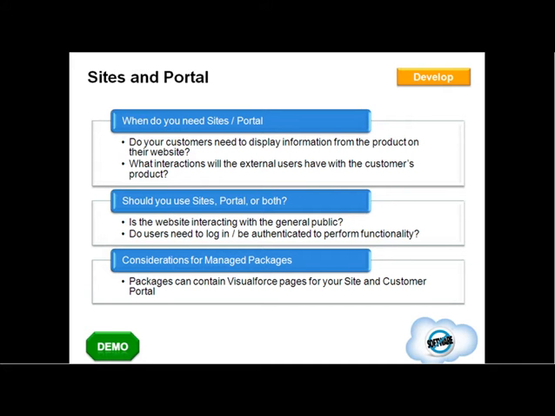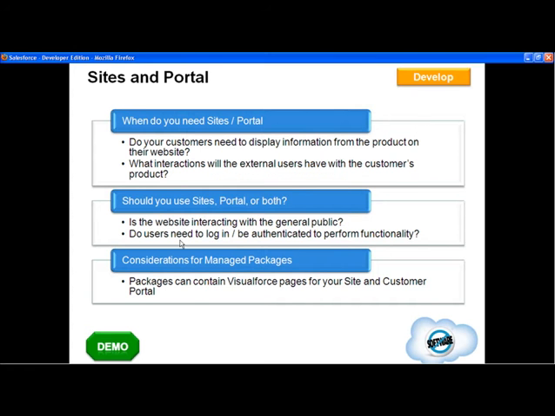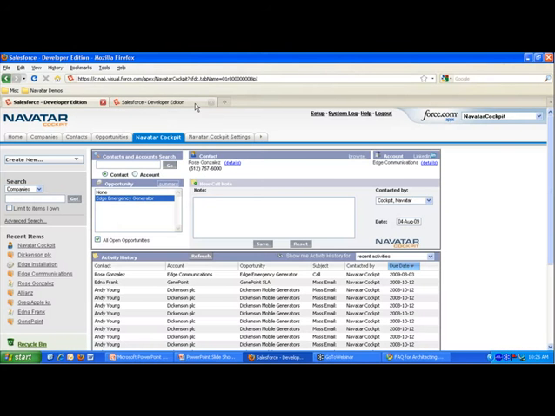Now, all of these behind the scenes for sites, the pages are being built using Visualforce, and the fact that you can package Visualforce pages as part of your product means that you can actually create a commercial app with Visualforce pages embedded, which you can then package, and your customers can use them to create their own sites and customer portal interfaces also. So to give you an illustration of what's feasible,